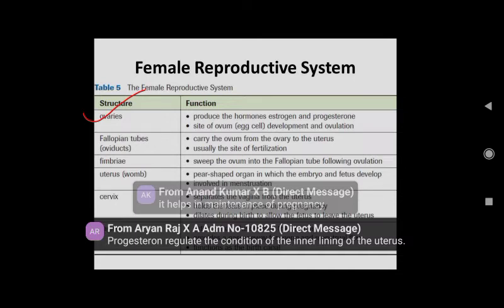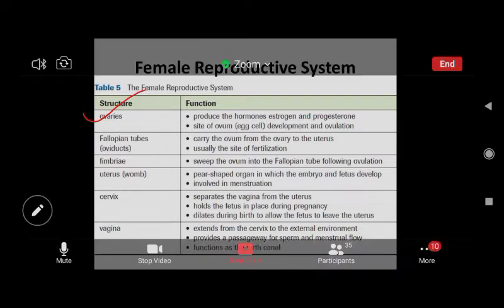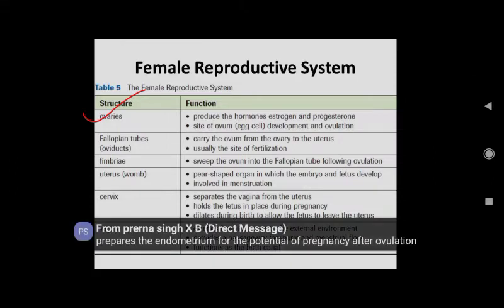Maintenance of pregnancy, maintaining the lining of the uterus. Correct. It maintains the pregnancy and it maintains the uterus changes during the